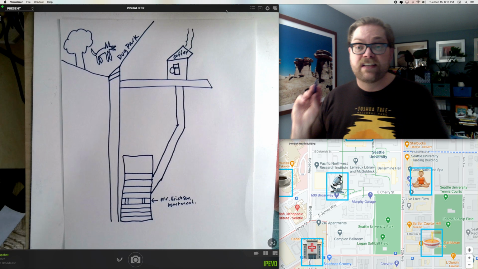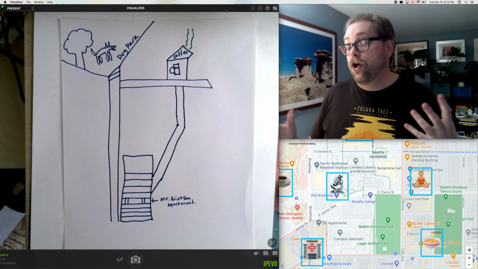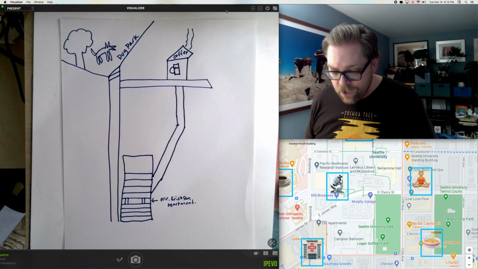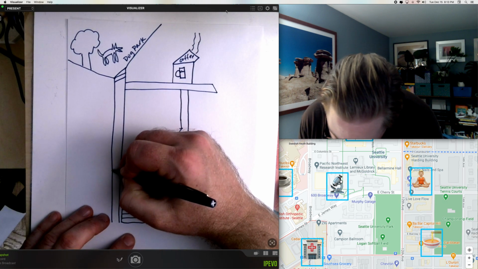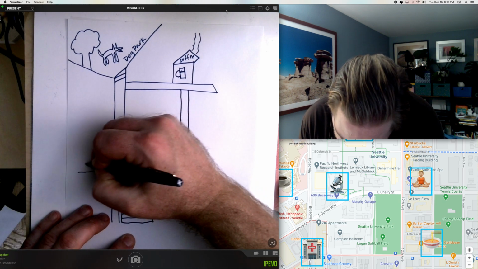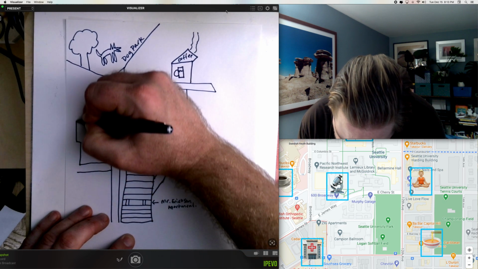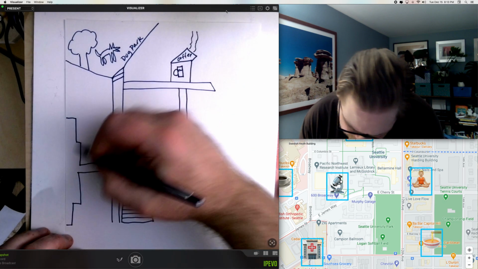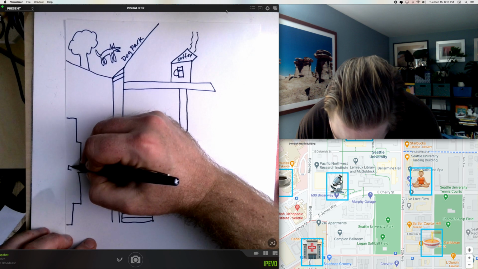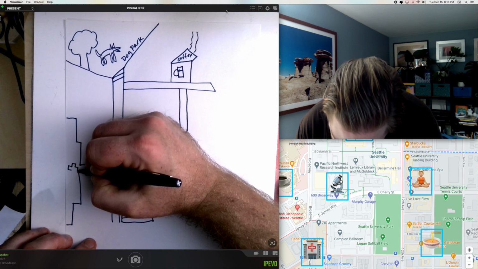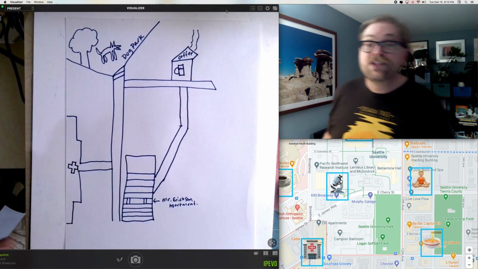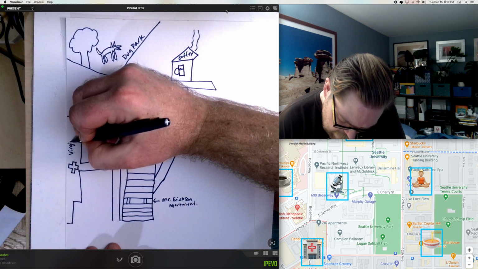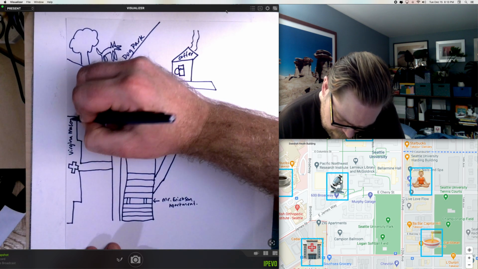Now, one thing that is very important in my neighborhood, and maybe you've heard it in the background in some of my videos, is there is a hospital in my neighborhood. So there is a building. If I go back this way and walk about 3 blocks away, there is a big building back here, and it is Virginia Mason Hospital. Hospitals often have a little kind of like a plus or a cross on them to denote that they're hospitals. So I'm going to put that on there, and I'm going to write Virginia Mason Hospital